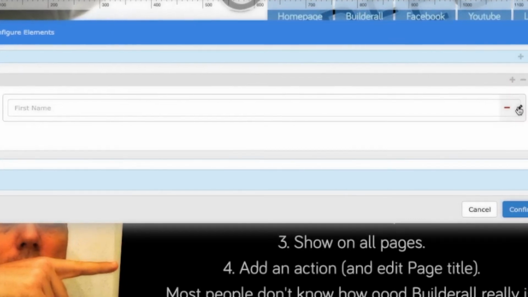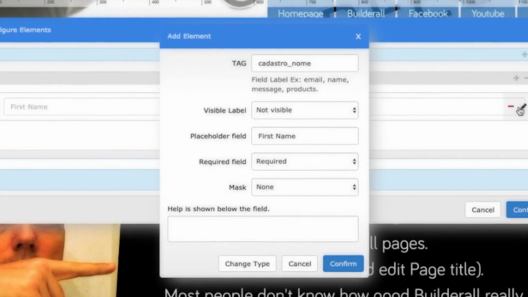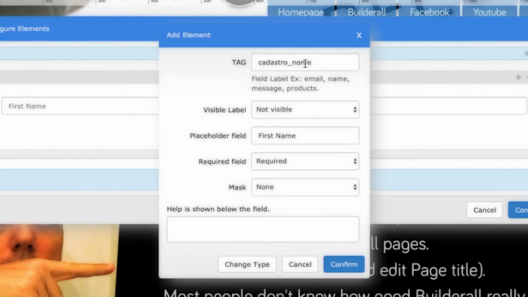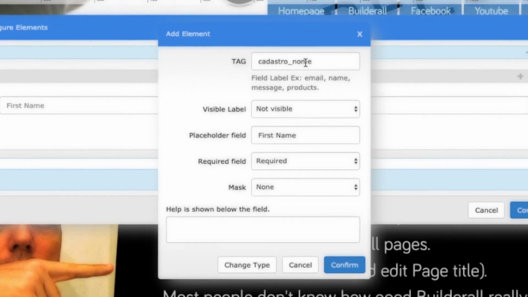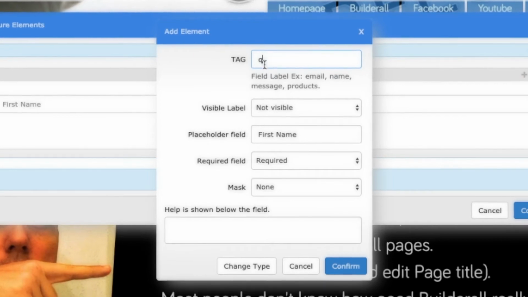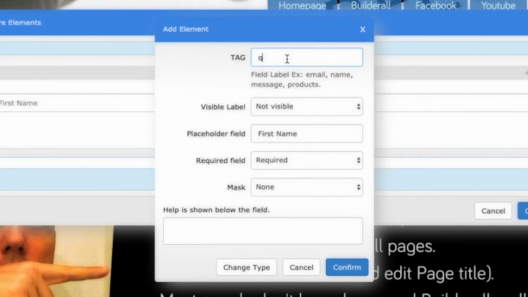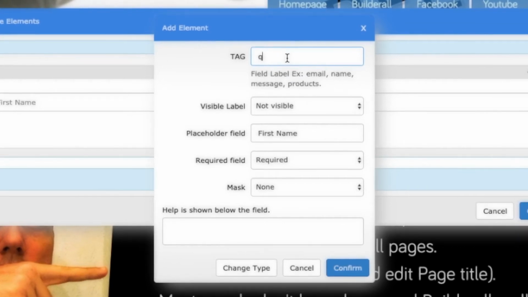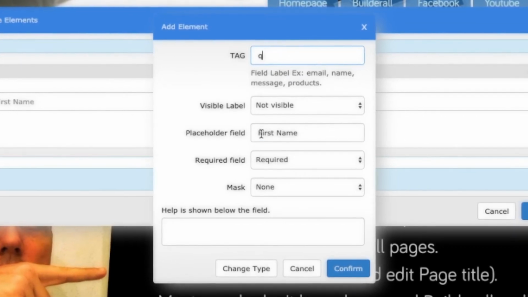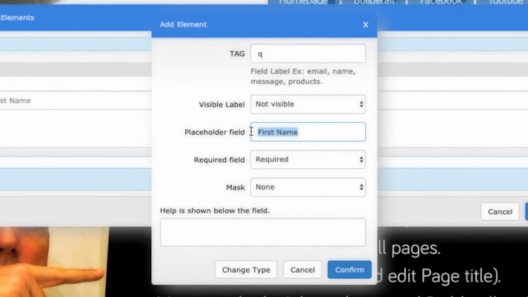So the fields are the information that will be sent to your search result page. So in tag, if you remember, the name was Q, because this will hold the words that the visitor typed. So it needs to be Q. In the placeholder field, you can have a small text to indicate to people what they should write.